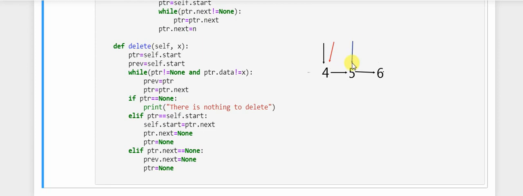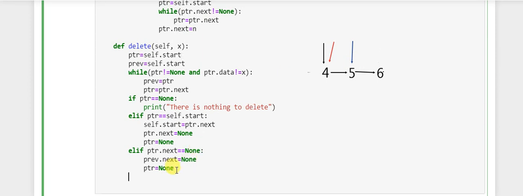And now let's write a condition for that. Since this is our last condition, we are going to write else, and previous.next will now be equal to ptr.next, that is, the previous pointer is here pointing at 4. So the address part of this should contain the address part of this node. So a connection between the node 4 and 6 should be established, and the address of the 6th node is contained in the address part of the 5th node.